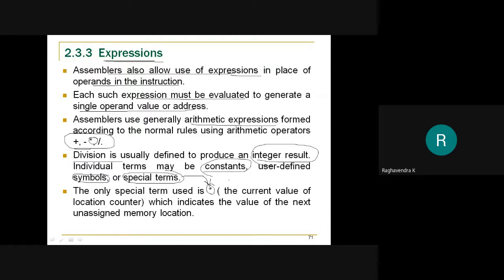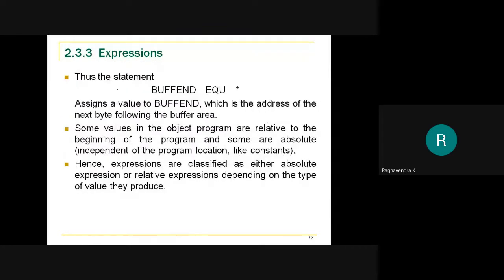Star actually means the current value of the location counter. So whenever you are using star in the operand, that assigns the value of the location counter to the symbol that you are trying to define using it. Let me show you an example here. Look at the statement, buffend equated to star.